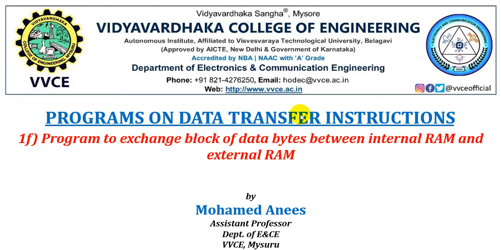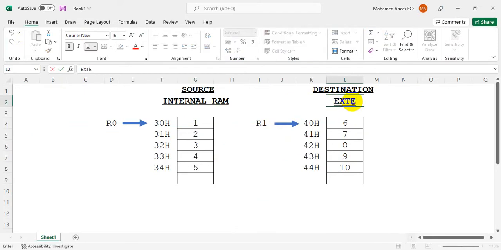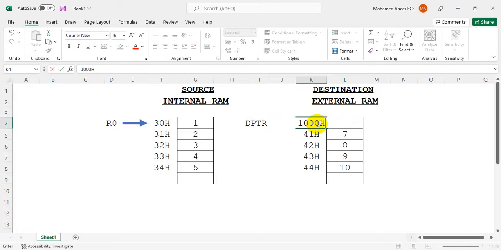In this video tutorial, we shall see the assembly program to exchange a block of data between internal RAM and external RAM. Now, the only difference is one of the memory you can change it to external RAM here, and because we are using external RAM, the pointer used is DPTR, and you can give some higher addresses: